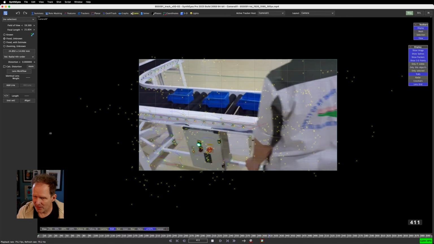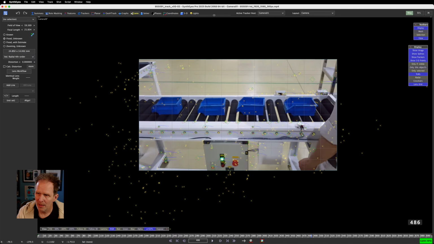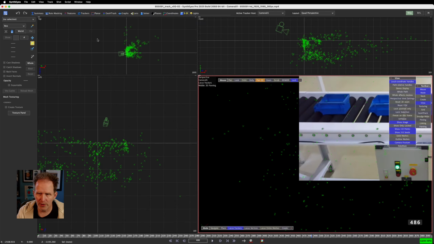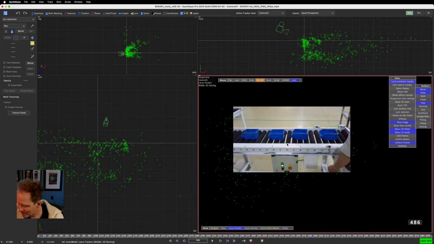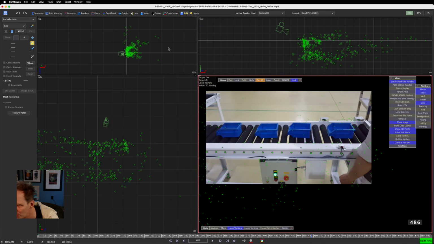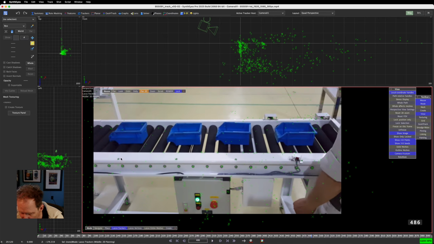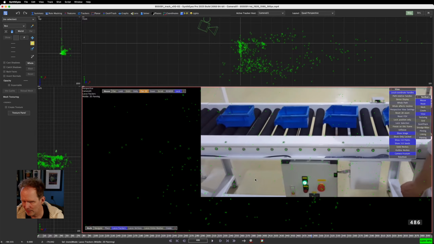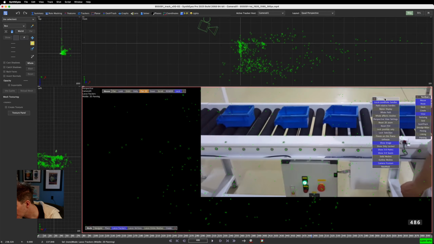So now that we have this track, let's try and figure out where our conveyor belt is. We can do that by, so we have some trackers here. Let me resize this window. We have some trackers here that are, no, 5 key was selected. So where is that? There is the